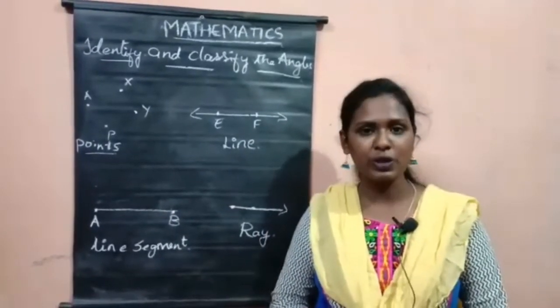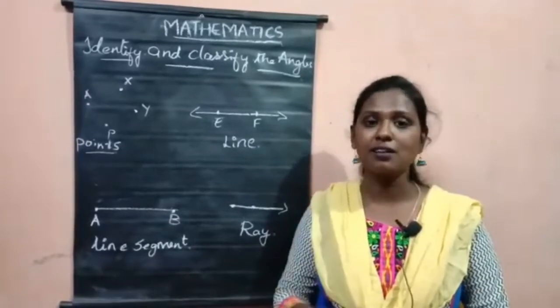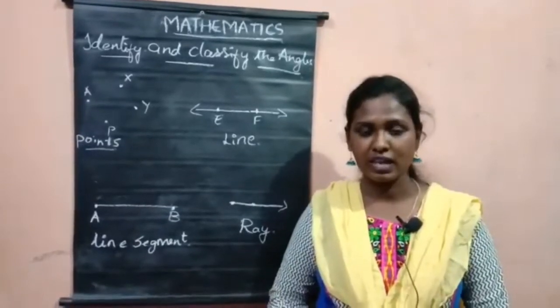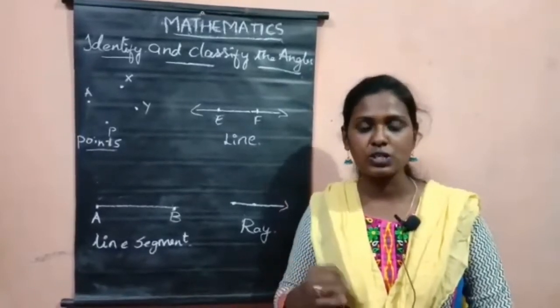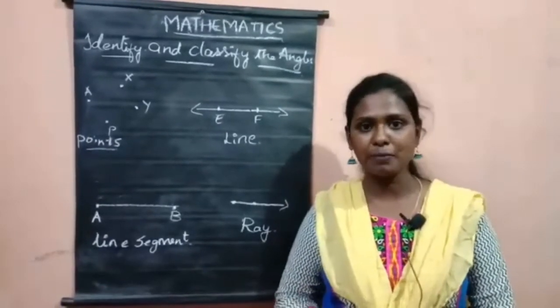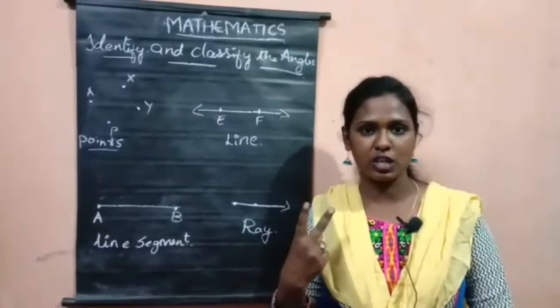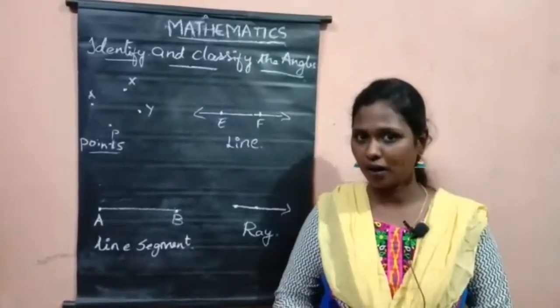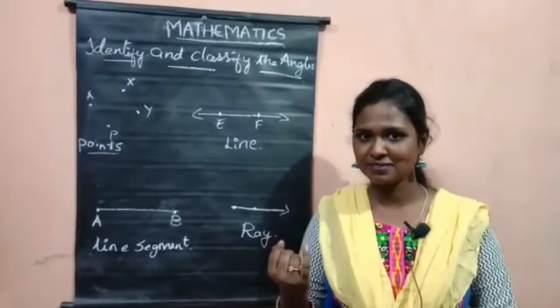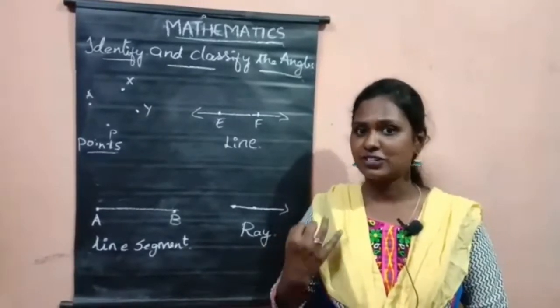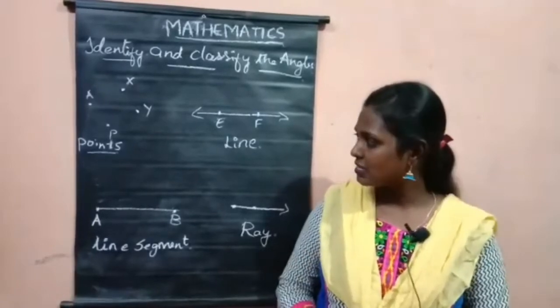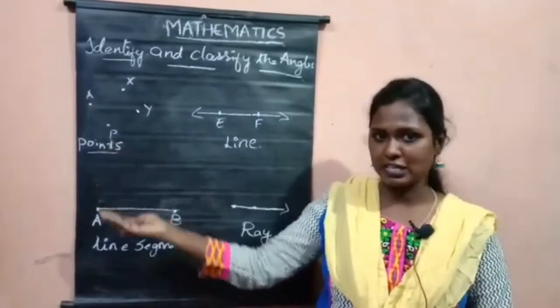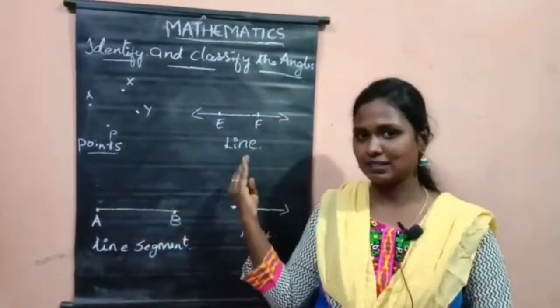Students, you know that two-dimensional shapes consist of length and breadth. Some examples of two-dimensional or 2D shapes are square, rectangle, triangle and circle. Let us see some of the basic things related to angles.